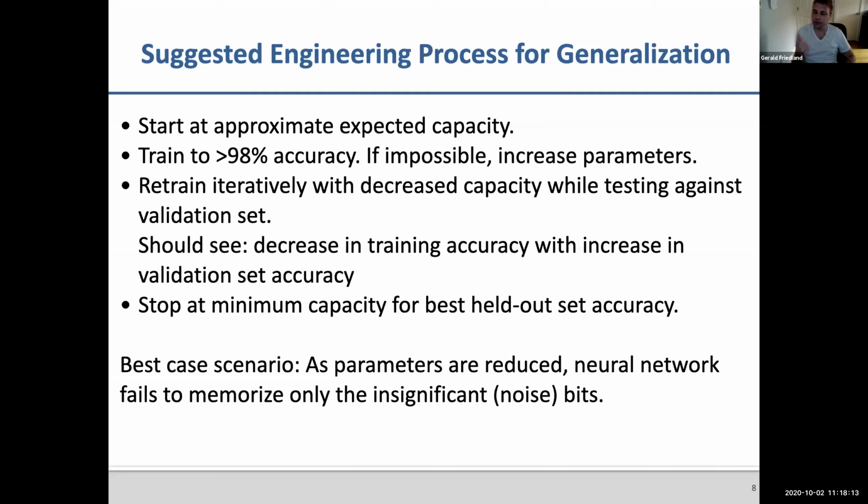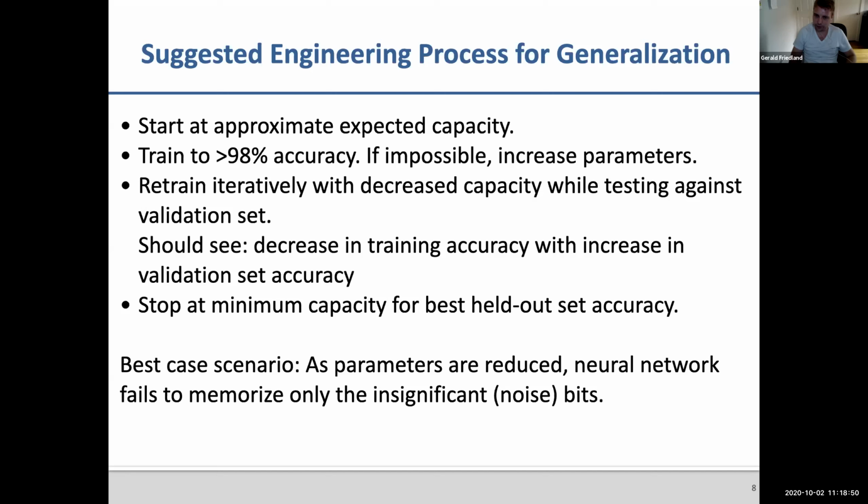I'm suggesting halving, but really it's just reduce capacity, take a neuron out, retrain again. Take another neuron out, retrain again. I actually suggest to do binary search. You do half and half and half your network until you find, wait a minute, now I can't go up in capacity anymore, go down in capacity anymore without losing significant accuracy. So that's how you get to the bias variance trade-off. You have to actually reduce, reduce, reduce. And you then stop at the minimum capacity for the best held out accuracy, okay?